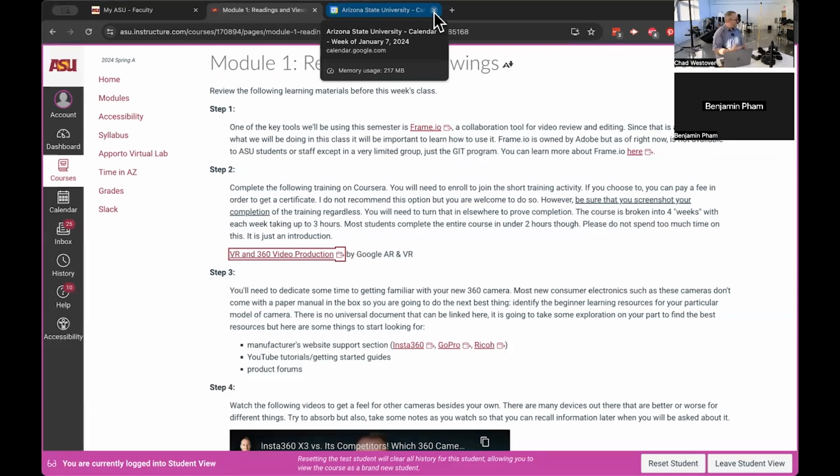This is going to be a little bit different, and more so, I think, in the planning stage. Regular production is going to turn out better with planning, right? You just go out with the camera, you're going to get what you get. But production is only as good as the pre-production, right? So this course, under step 2, is going to talk about pre-production a lot, and planning, and thinking about how to make a VR shot that's going to be engaging and immersive, that's not going to make people feel like they're the food,